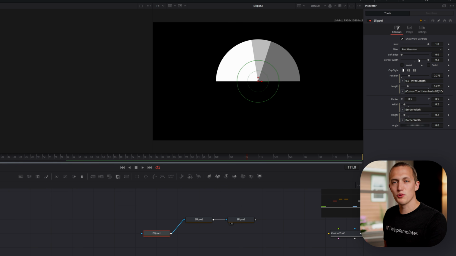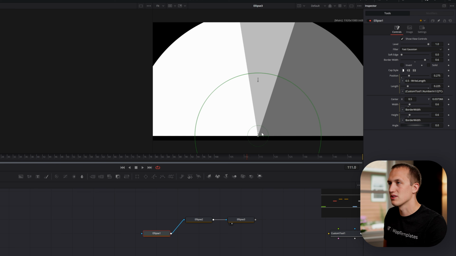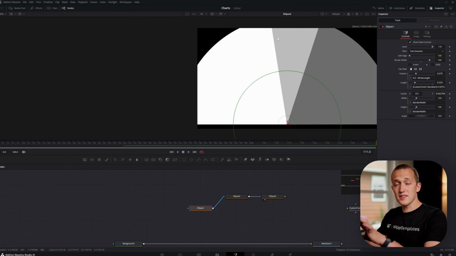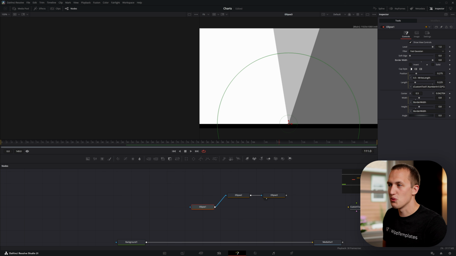And while we're at this step, we're going to make this chart just quite a bit bigger. So we'll set the border width to be something like 0.6, and then we'll drag the center point down so it's towards the bottom of the screen, something like that, and we can always come back and change it. Since this isn't actually setting the style of the chart, it's only setting which areas or which color and driving the animation, you can really have this border width go out as far as you want, and it's not going